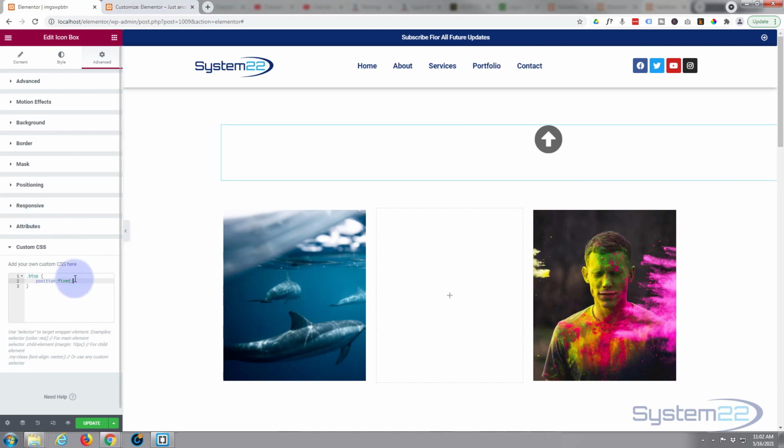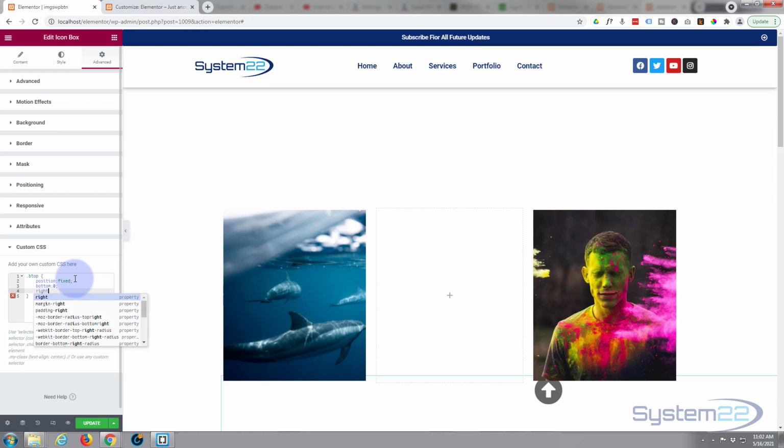Now where do we want it? I want it right down at the bottom. So I'm going to say bottom 0. As you can see, it's popped down the bottom there. And I want it to be on the right hand side. So I'm going to say right 0 also. Now I need to make it a fixed width because at the moment it's pretty wide,